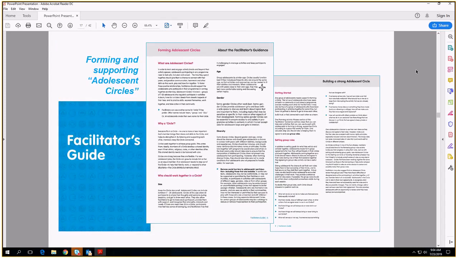Great. The first section of the facilitator's guide has to do with forming what we call adolescent circles, but you can adapt this and call a circle or a group anything you want that's relevant in your context or that just works well in your programs. And so the first section of this guide gives facilitators suggestions for how to form a group of adolescents,